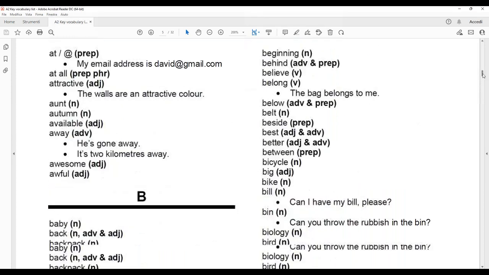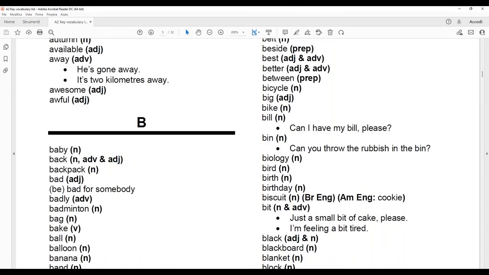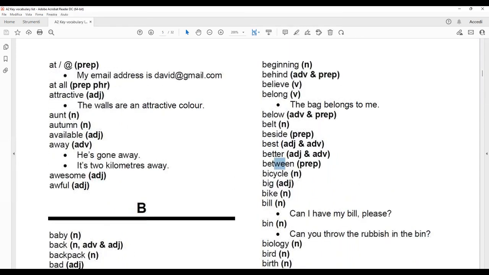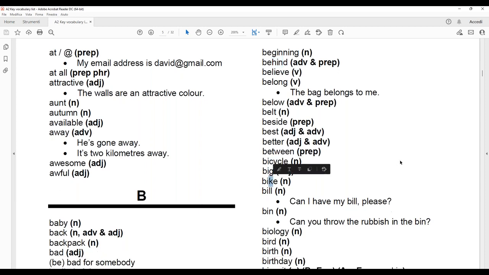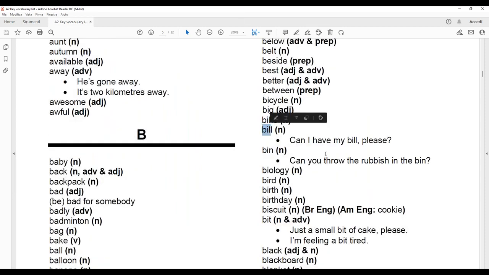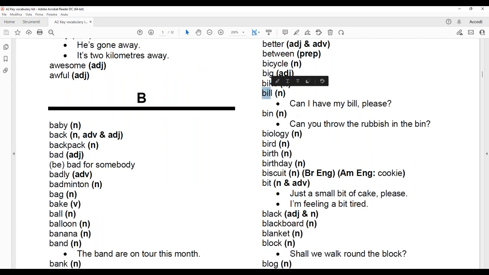Let's see some other letters here. Between, tra, between. Better, meglio, behind, dietro, attractive, between, bicycle, okay, big, grande, bike, bill, una banconota, bill, o anche il conto, bill. Can I have my bill, please? Posso avere il conto? Can I have my bill, please? Posso avere il conto? Can I, posso io, biology, bird, uccello, badly, un avverbio, malamente,